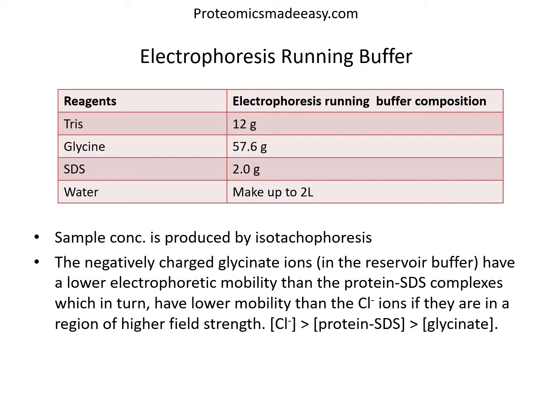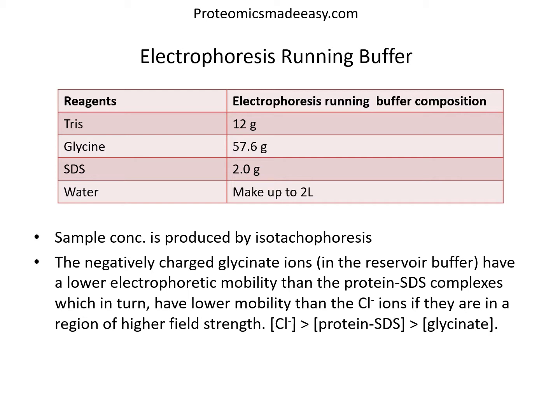The band sharpening effect, isotachophoresis, relies on the fact that at neutral pH, glycine in the buffer predominantly forms the zwitterionic form. At high pH, the glycines lose positive charges and become predominantly anionic. In the stacking gel, the smaller negatively charged chloride ions migrate in front of the proteins and the slightly larger negatively and partially positively charged glycinate ions migrate behind the proteins. Whereas in the comparatively basic separating gel, both ions, chloride and glycinate, migrate in front of the proteins,